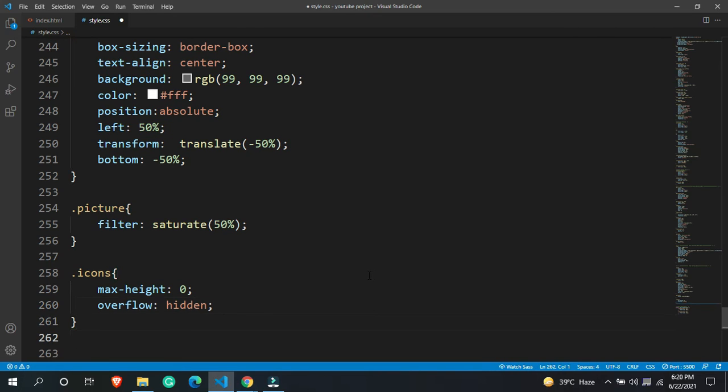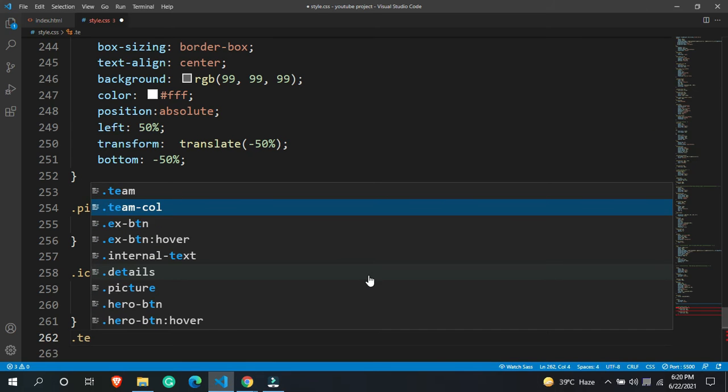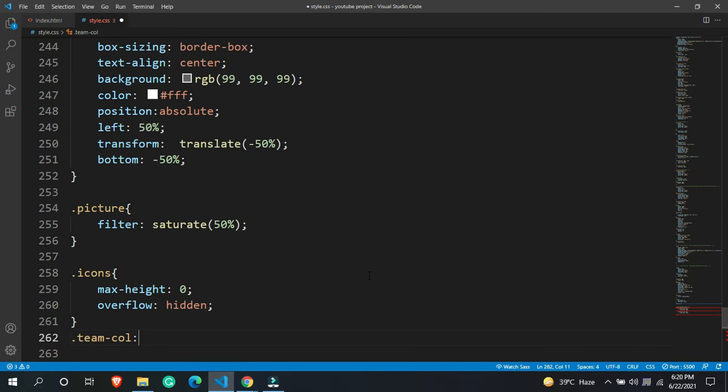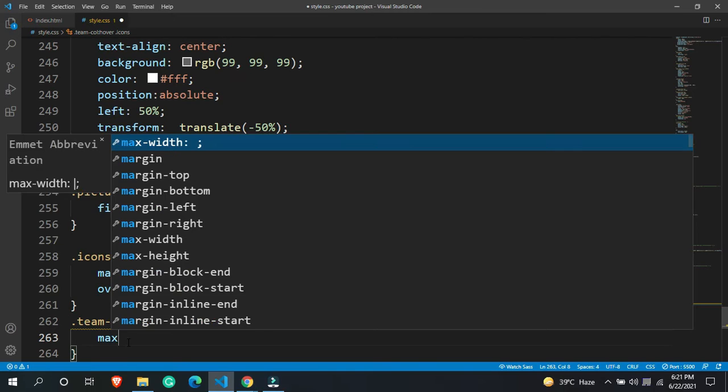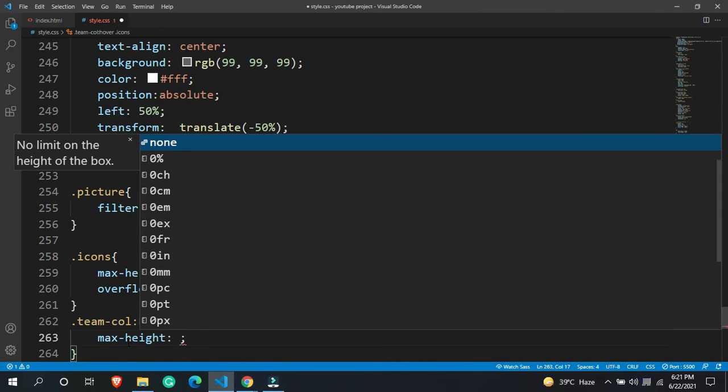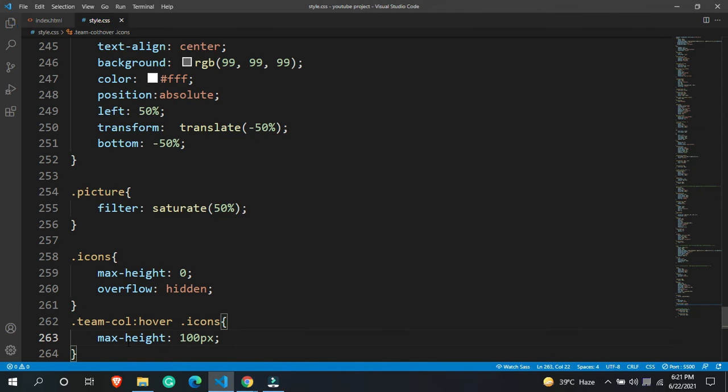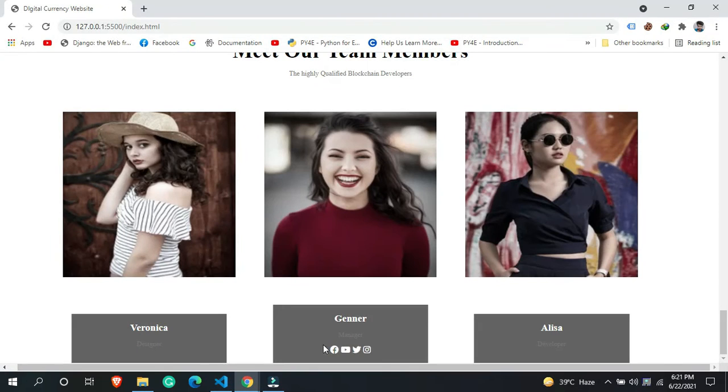In order to target this particular thing, you just need to call the team class. Once you hover on it, your icons must be visible. So here we are giving the maximum height completely 0. Then what we need to do is make the maximum height 100 pixels. Here you can see once we hover on it,